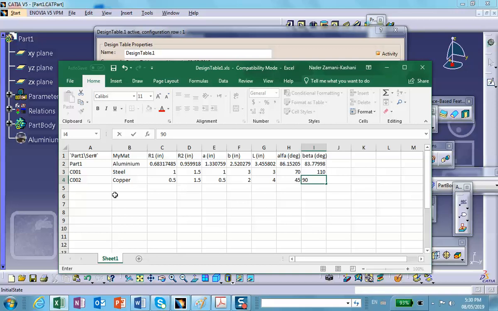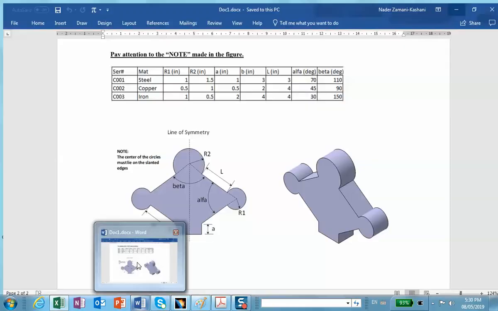And finally C003, iron, big I-R-O-N. Okay, 1.5, 2, 4, 4, 30, and 150. And save it. This is going to be the replicate of that table, except there's an additional row here